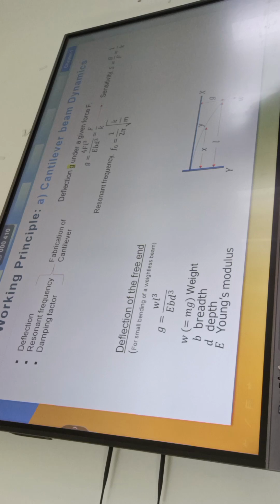So, the working principle of a cantilever, or cantilever beam dynamics. Generally, its dynamics depend on three factors: the deflection, the resonant frequency, and the damping factor. The deflection under a given force is given by this equation, and from this we can get the sensitivity part, and the resonant frequency equation can be seen as